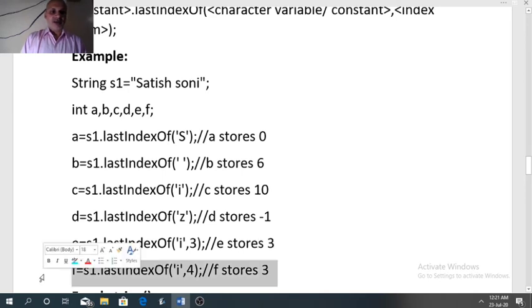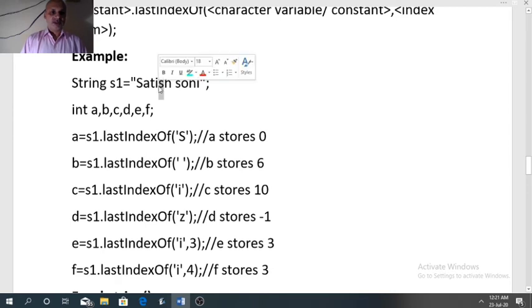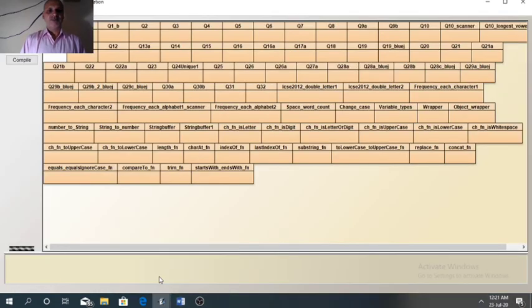Now F stores the index of I starting from index number 4. So index number 4 is here, S. So searching will start from here. It will search I, not found here. So the next character I is found here. That is why 3. Now see the result of this program.